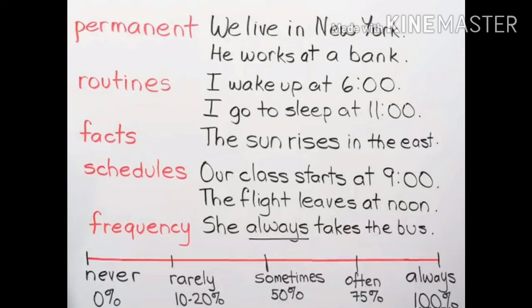In the same way, if we observe the second sentence, I go to sleep at 11. This is a routine sentence, means regularly I go to sleep at 11. So this is a regular sentence, a routine. The work which we do, routine, means the verb, if you observe, I go. If we use it with he, she, it, we write, he goes to sleep at 11.